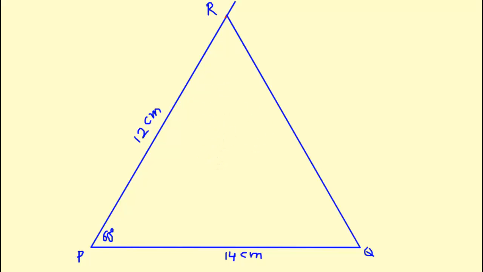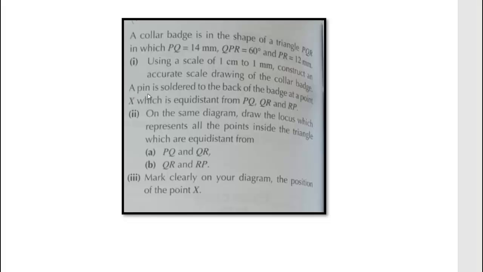A pin is soldered to the back of the collar badge at a point X, which is equidistant from PQ, QR and RP. So this point X, which is marked, which is soldered to the back of the badge, is equidistant from these three lines. So we will draw a locus